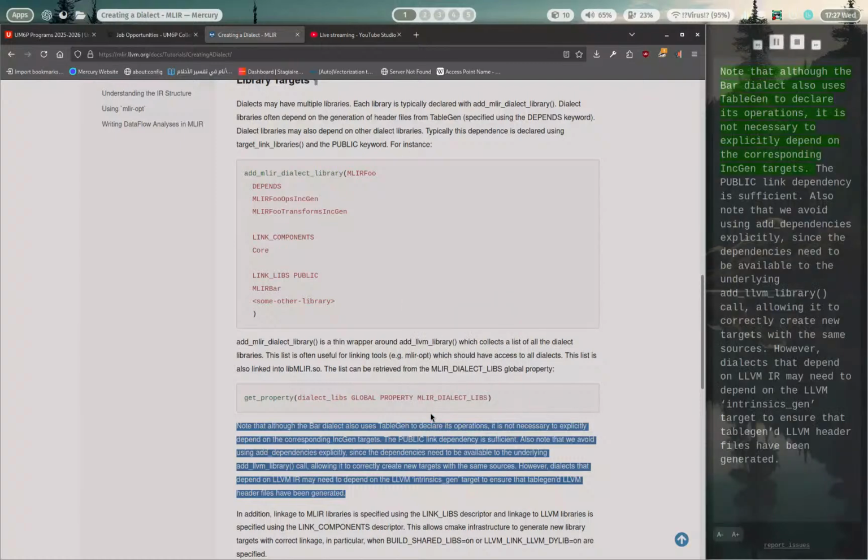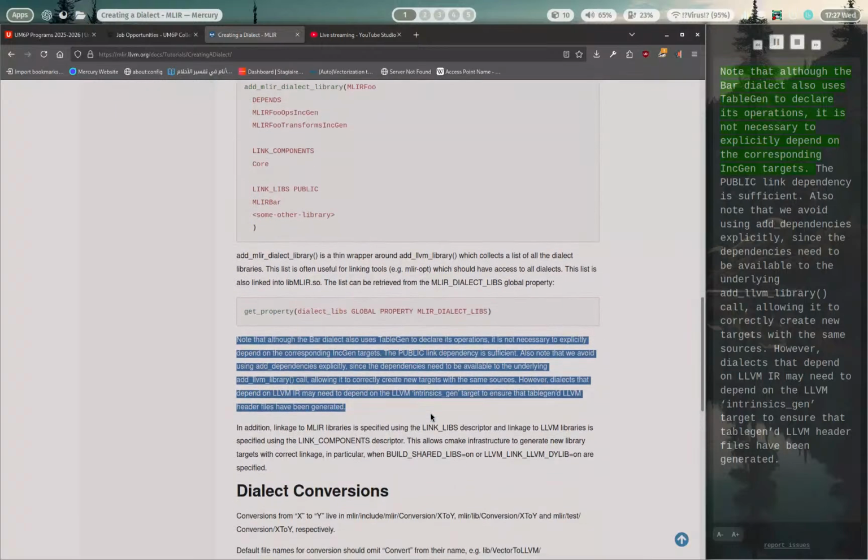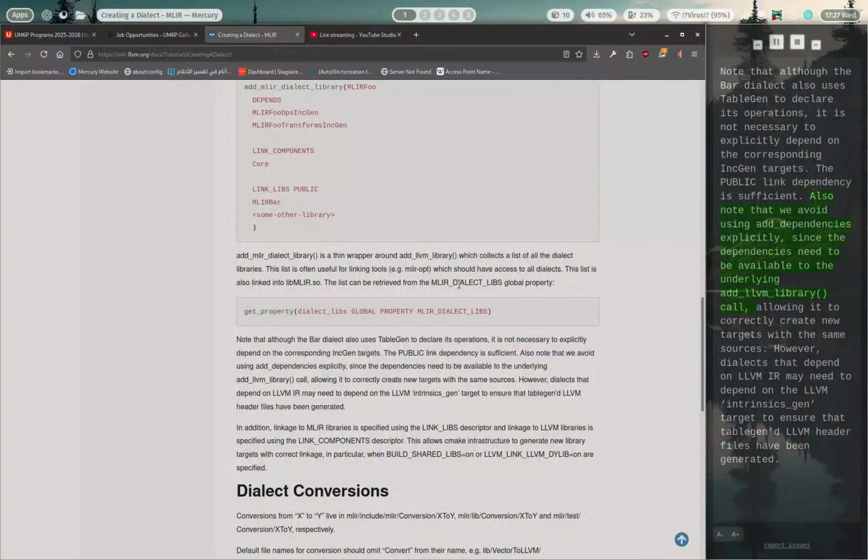Note that although the Bar dialect also uses TableGen to declare its operations, it is not necessary to explicitly depend on the corresponding IncGen targets. The PUBLIC link dependency is sufficient. Also note that we avoid using add_dependencies explicitly,